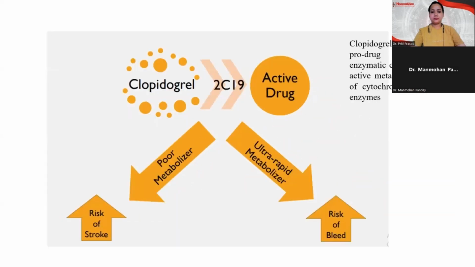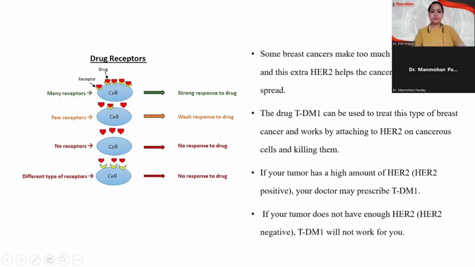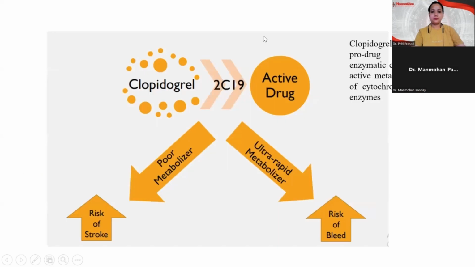Now there is one variant of this also, that is clopidogrel. It is a drug which is used as a blood thinner, and it is in the inactive form, and when it is metabolized, it is in active form. So once it is in active form, just like in other drugs, if the metabolism is very slow, if it is poor metabolism, we give less drug,